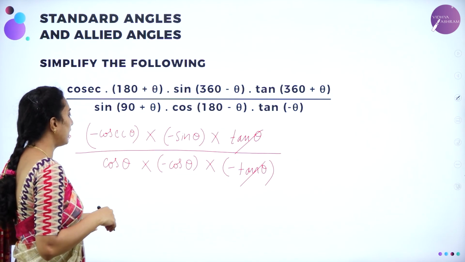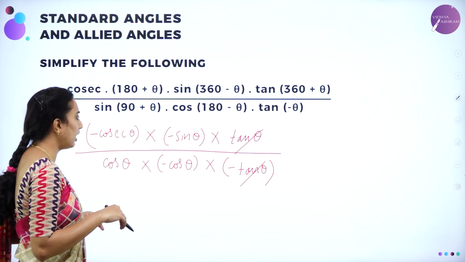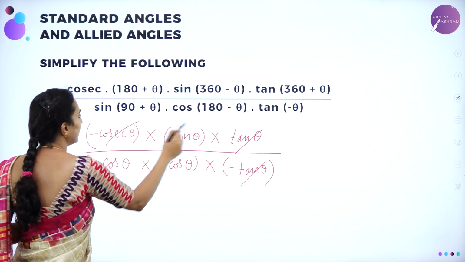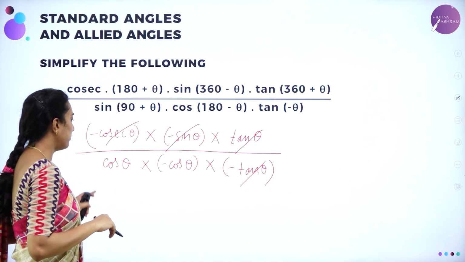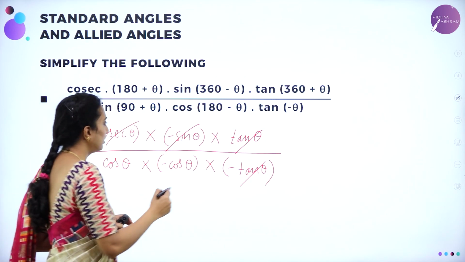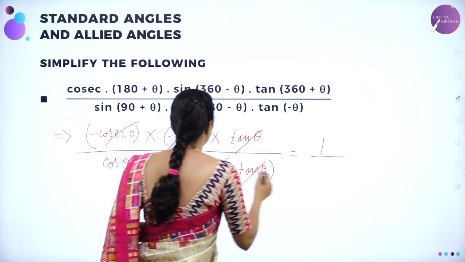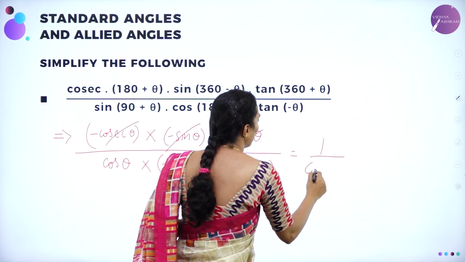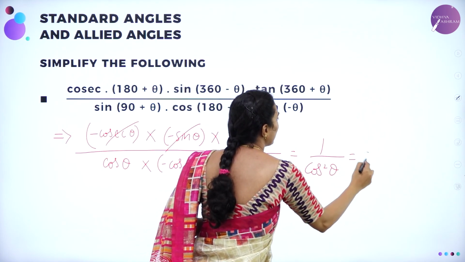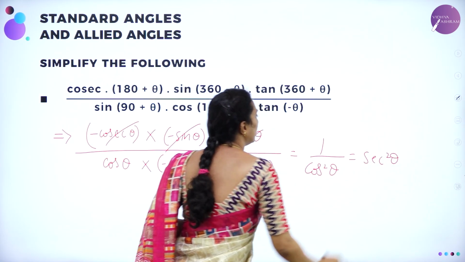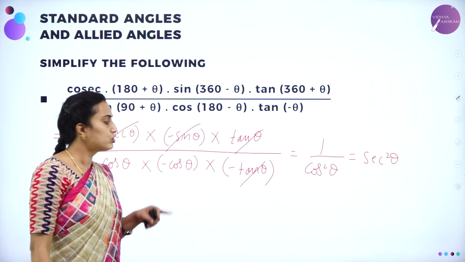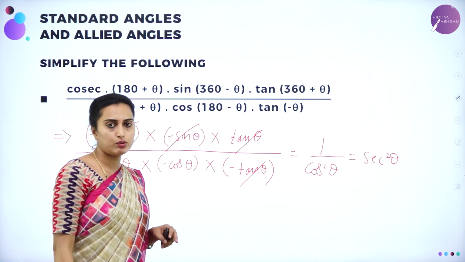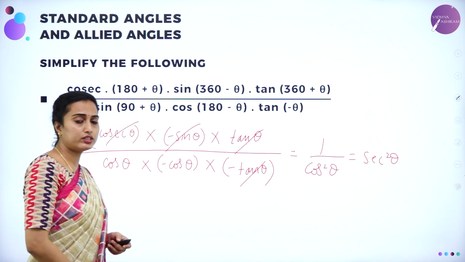So cosecant theta can be written as 1 by sin theta. So therefore this cosecant and sine will get cancelled, reciprocals of each other, and you are remaining with divided by what? Which will be is equal to 1 divided by cos theta into cos theta is cos squared theta. 1 by cos squared theta is secant squared theta. Negative, negative, negative, negative will become positive. So 1 by cos squared theta, which is secant squared theta. I hope you got this problem.